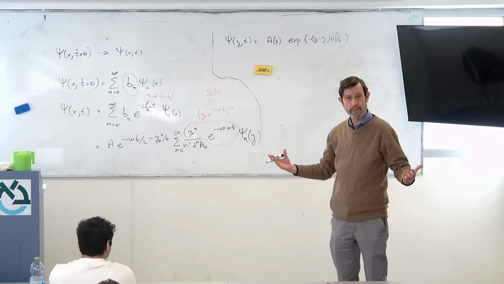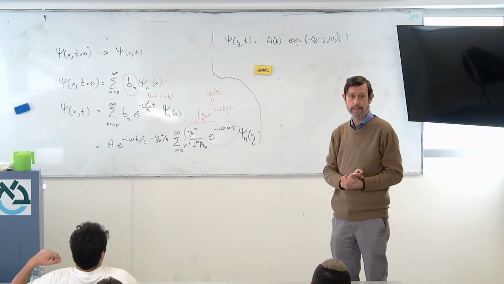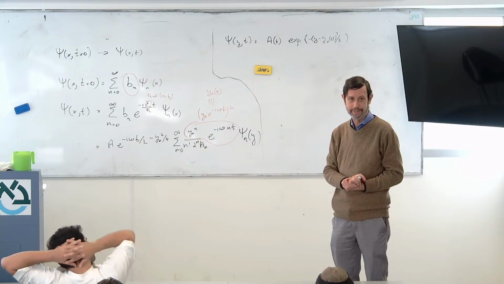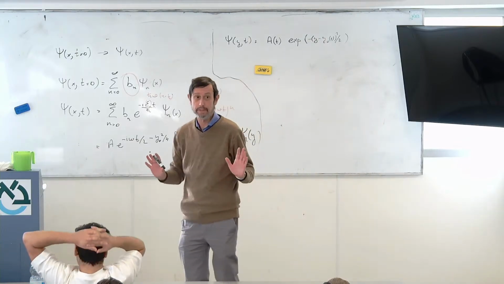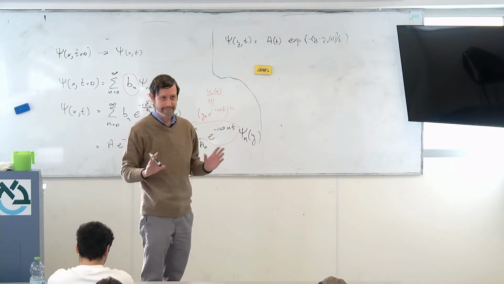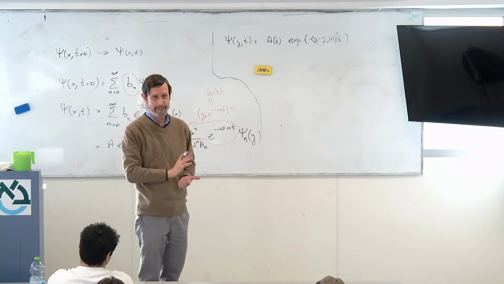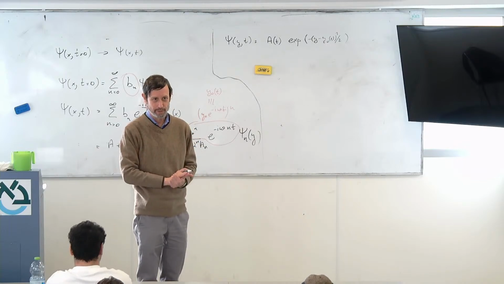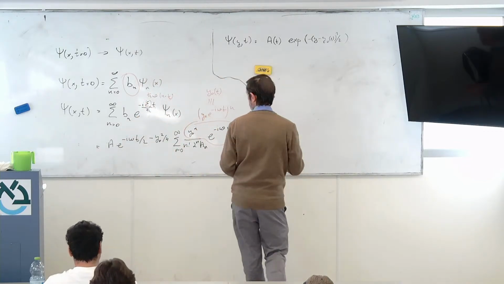But the main feature, a Gaussian that moves exactly like a classical particle in the potential, remains. This is a very unusual situation, but cute. It has nice mathematics and also a nice solution. Okay, so I'll just write down